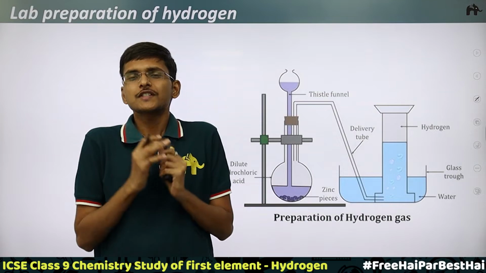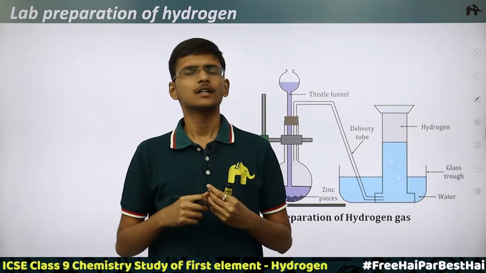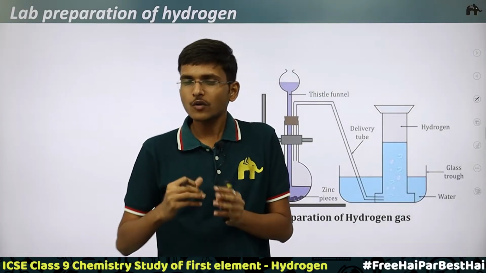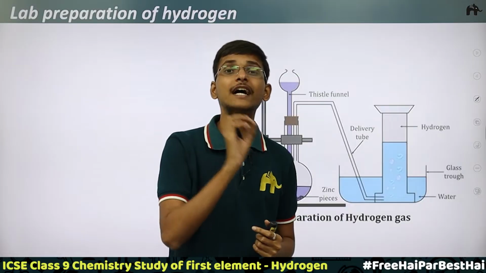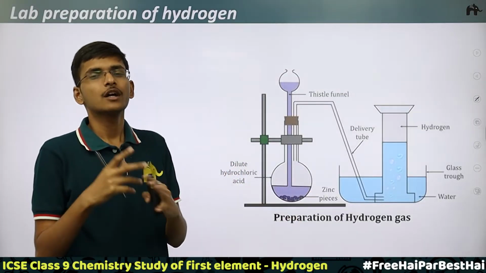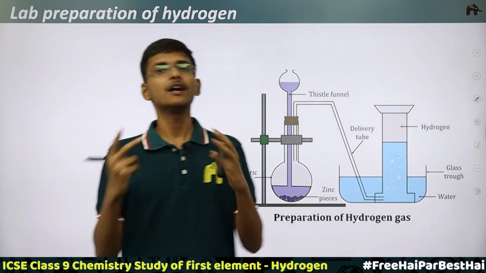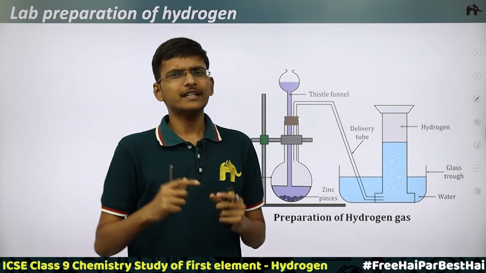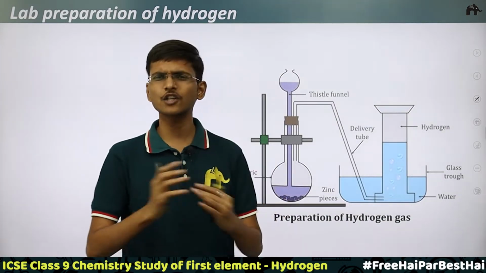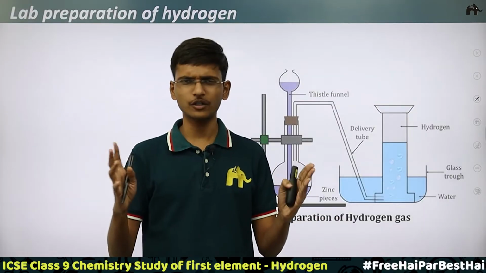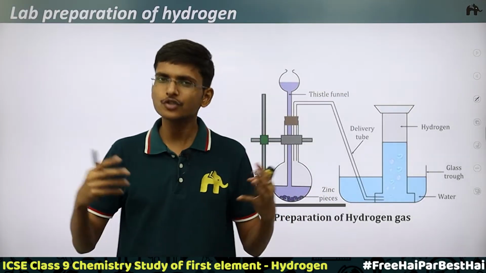So friends, now starting with the lab preparation of hydrogen. So far we have seen how to prepare hydrogen from water, okay, how to prepare hydrogen from acids, and now continuing the process of preparation of hydrogen from acids, okay. This method, the preparation of hydrogen from dilute acids, we actually use in our labs to produce hydrogen in lab. Okay, so this is the method we use, and let's now see how we can produce hydrogen, what all things we need to take care of, how to set up the apparatus and all those things, observations, reactions, procedure. Okay, so starting from the very basic thing, whenever you are going to carry out an experiment to produce something, to generate something,